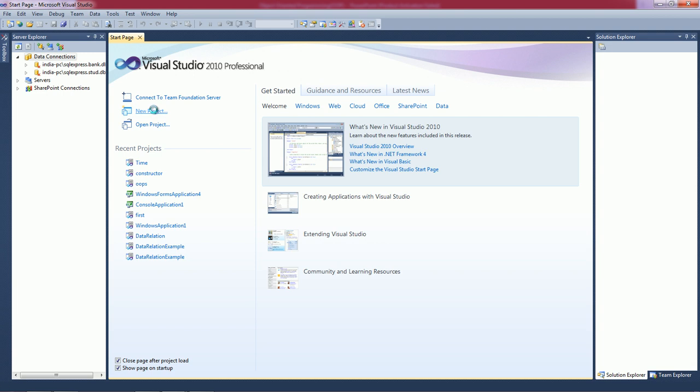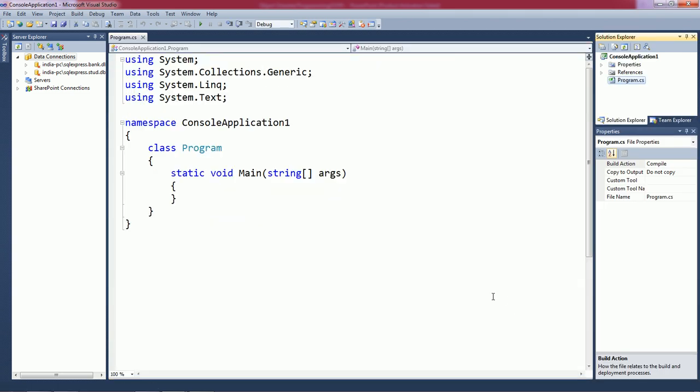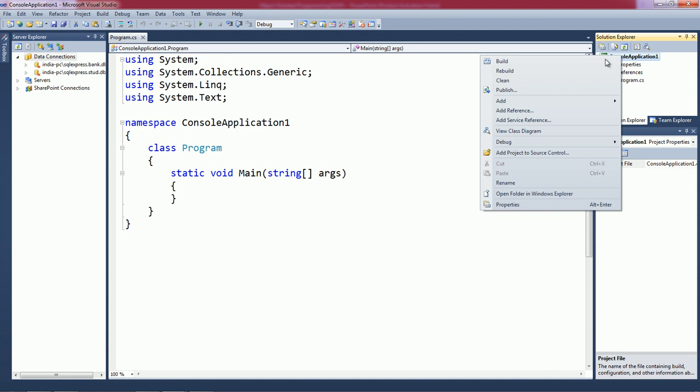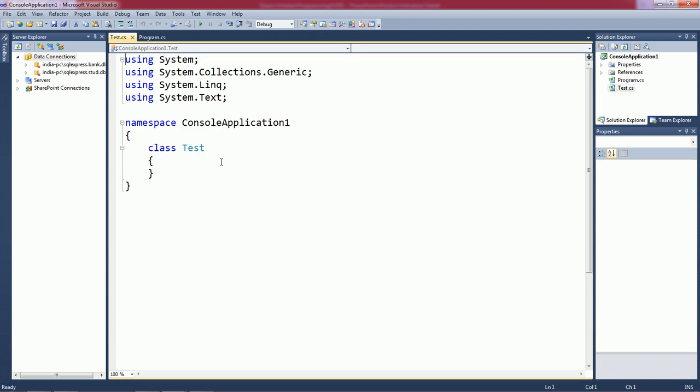Let us take a new project. Simply, we have seen it by using a console application. Okay, take a new class. Suppose the name of the class is Test. This class has two members.